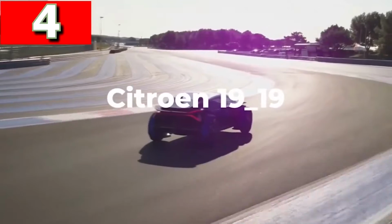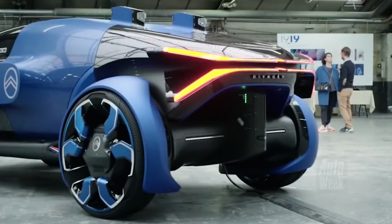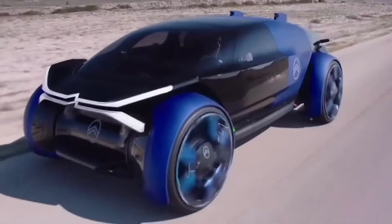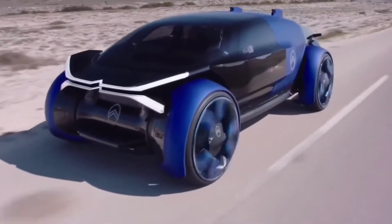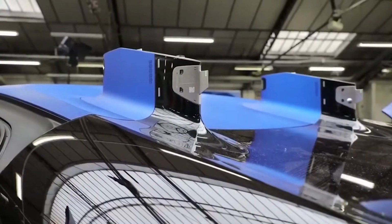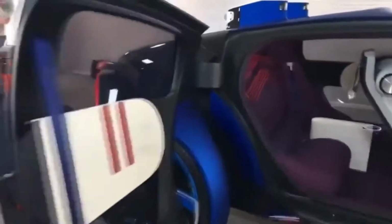Citroën 1919. The space-age Citroën 1919 truly is a vehicle of the future, where comfort has taken a priority over every other element. It's intended to be just as useful across long distances as is short ones, and is fully autonomous thanks to the installation of LiDAR pods on the rear of the roof. The large doors open to a roomy cabin, and instead of an instrument display, all the information is shown on